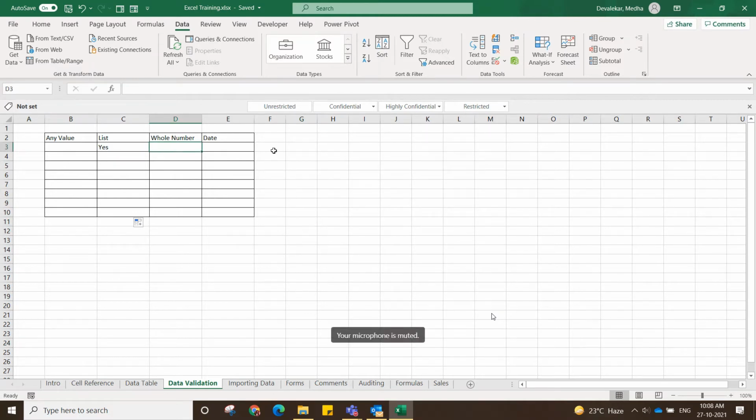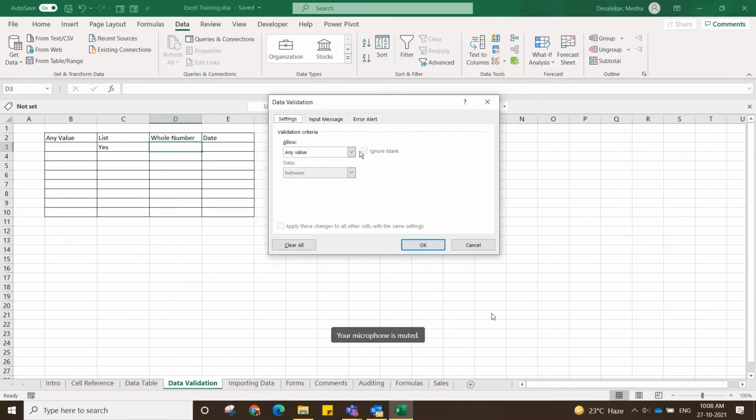Now we can see one more validation, which is the whole number. Again we can go here and select Whole Number, and we can decide the minimum and maximum number that they can enter. So minimum I'll choose 0, and maximum maybe I'll choose 100.